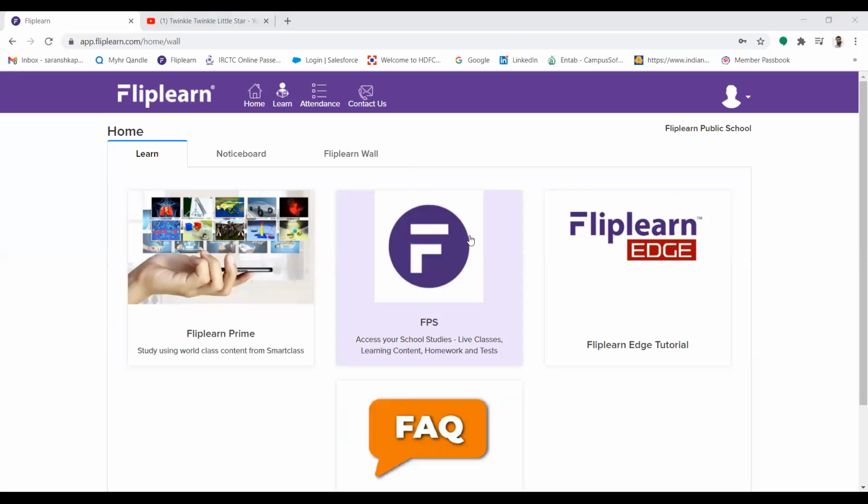The next thing which we have is our platform. Let's say if a teacher wants to schedule a live lecture or give homework, examination, everything will be done from this. FPS is nothing but the short form of Fliplearn Public School, and the logo of Fliplearn. So in your case, it will be your school logo highlighted here. If I click on to this